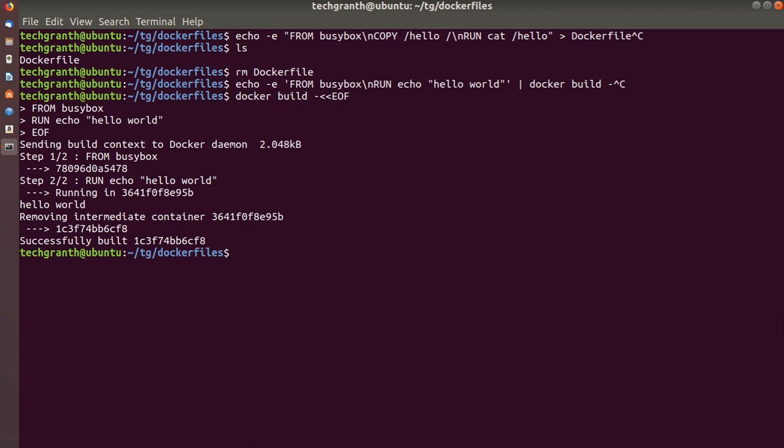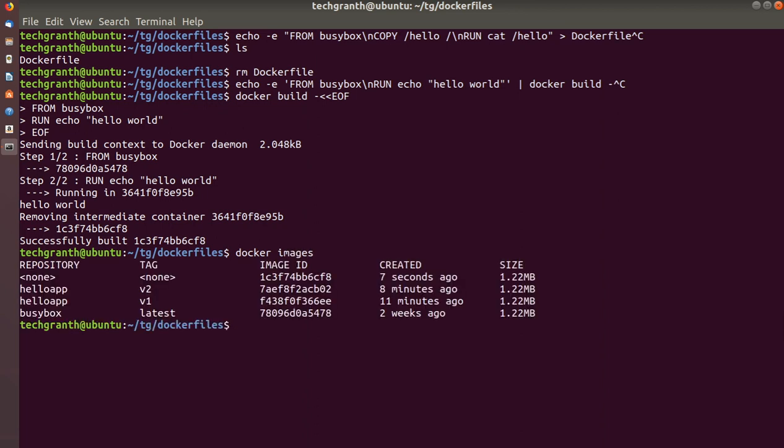If we see docker images, you can see just 7 seconds ago this build has been done for an image. We did not provide any tag name here, so it is showing just none.